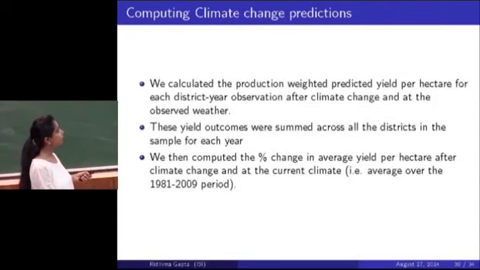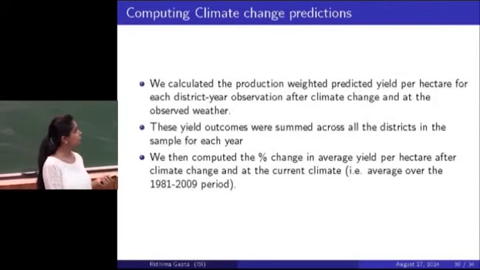So we calculated the production weighted predicted yield per hectare for each district year observation after climate change and after current observed weather. These yield outcomes were found across all districts in the sample for each year, and then we computed the percent change in average yield per hectare after climate change and after climate